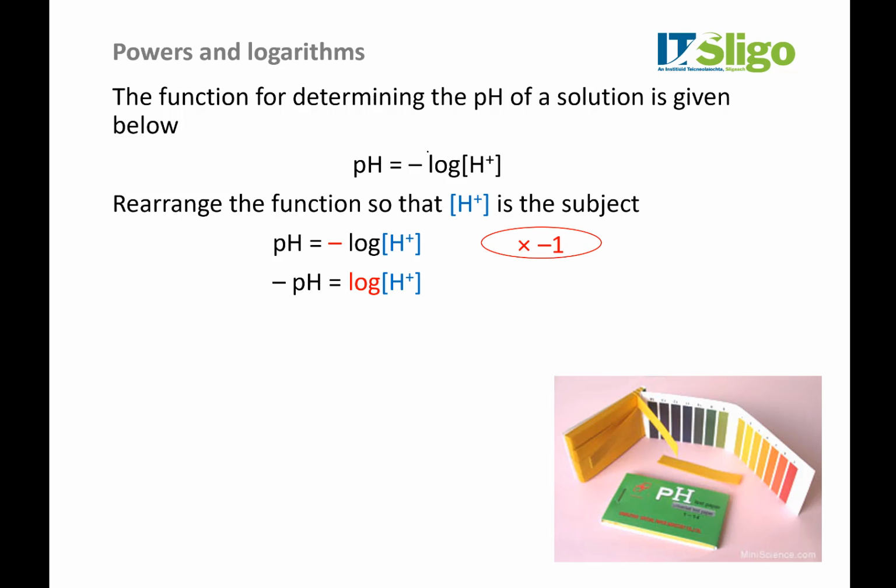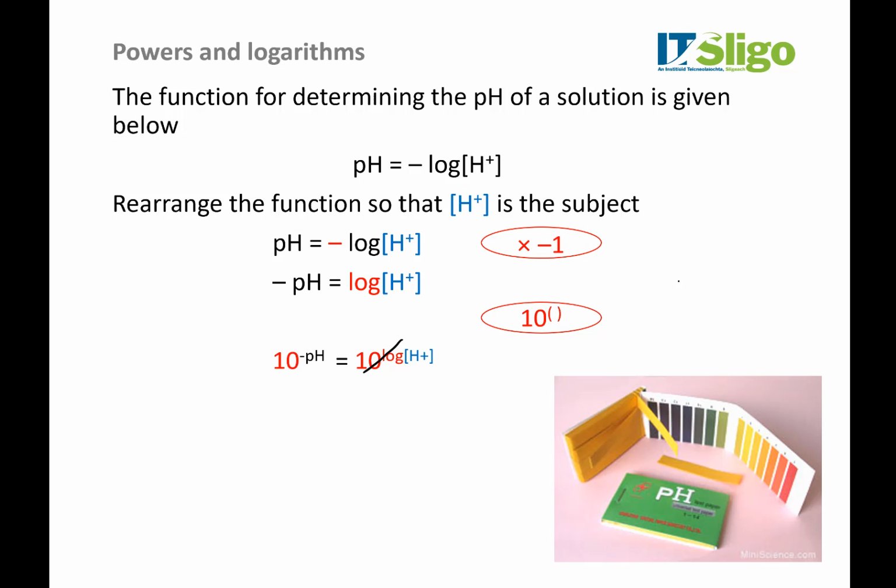The next thing we want to get rid of is the log. And remember, this is log to the base 10. So the inverse of log is 10 to the power of. And this looks weird guys, we raise both sides as a power on 10. And it looks a little bit odd guys, but we're doing science maths and it just does tend to look a bit odd. Now on the right hand side,